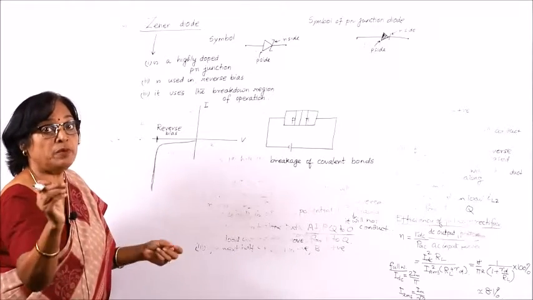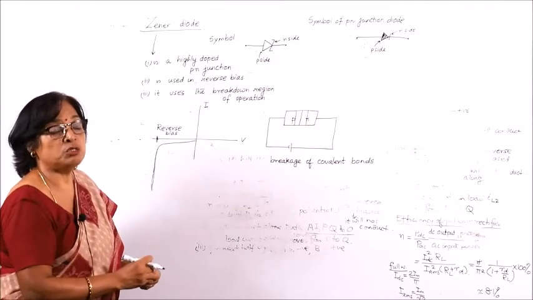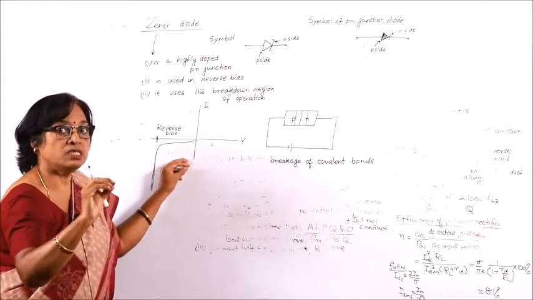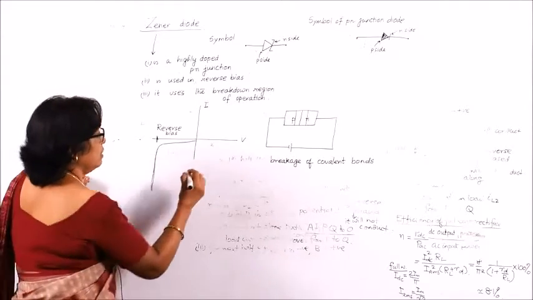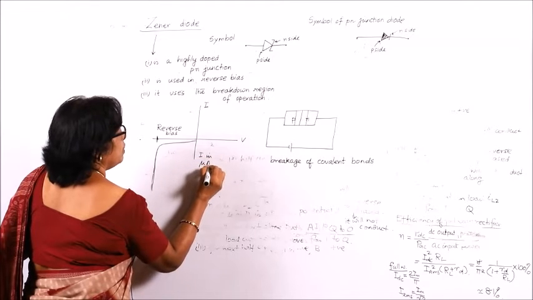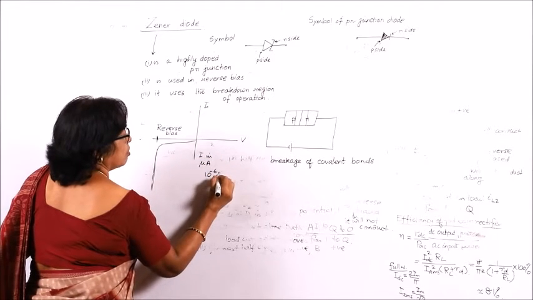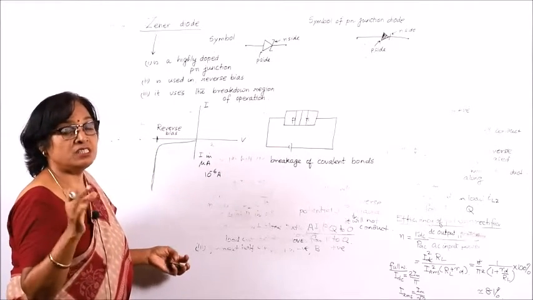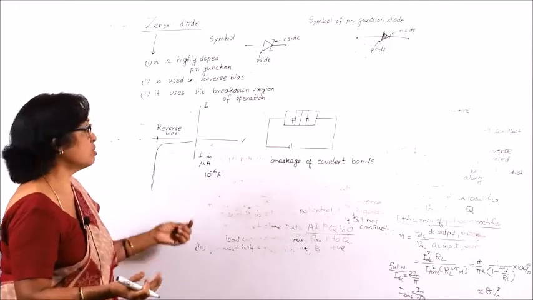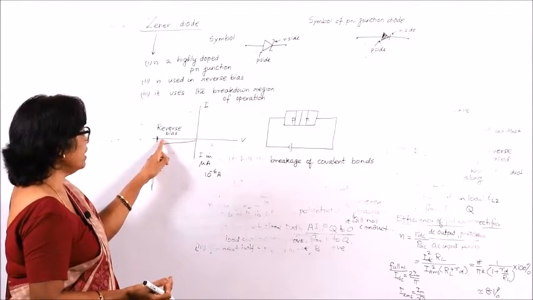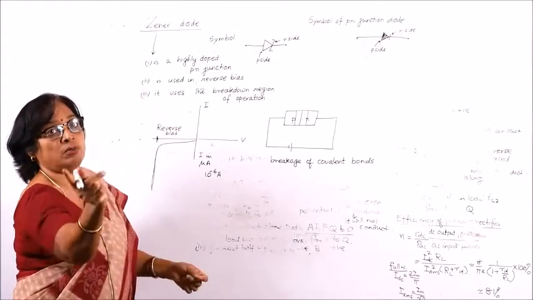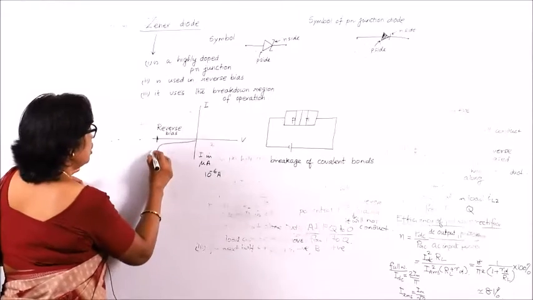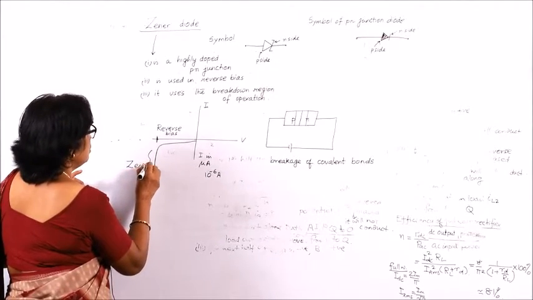Suddenly, if you do an experiment with the Zener diode in reverse bias, up to 5 volt or 6 volt, the current remains more or less 0, because this is microampere. Micro means 10 to the power minus 6 ampere, 0.000001. That much current is never measured in our instruments. So this remains 0 and suddenly the current increases, the galvanometer deflection will be very large. That is the point when Zener breakdown has occurred. We say that this is a Zener breakdown.